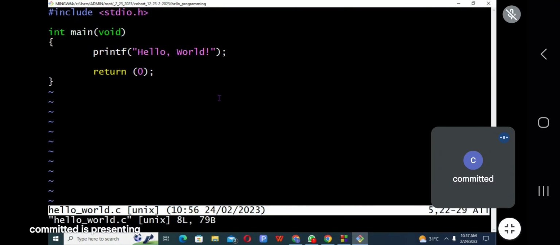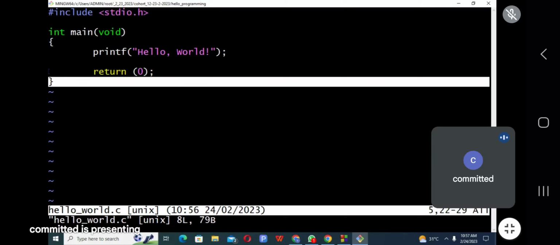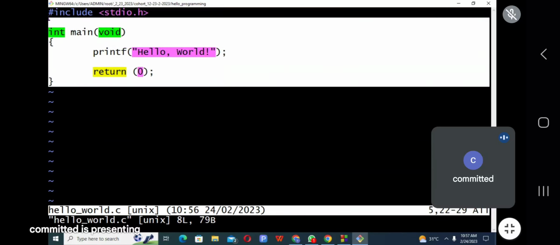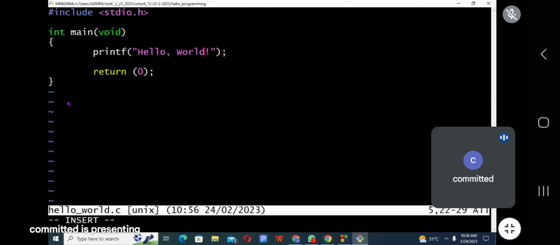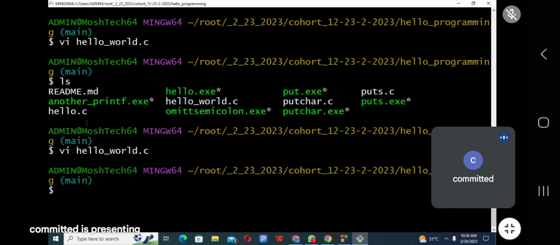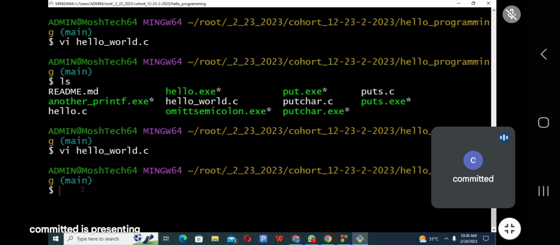Now, this place is not what we call command line. This one is the back of the scene. So now we want to go to the command line. At this command line now, how do we produce what we have in this file? To do that, you need a compiler when it comes to C language. So you use GCC. That stands for GNU compiler. I've forgotten the third C. Then you need to state the file name.